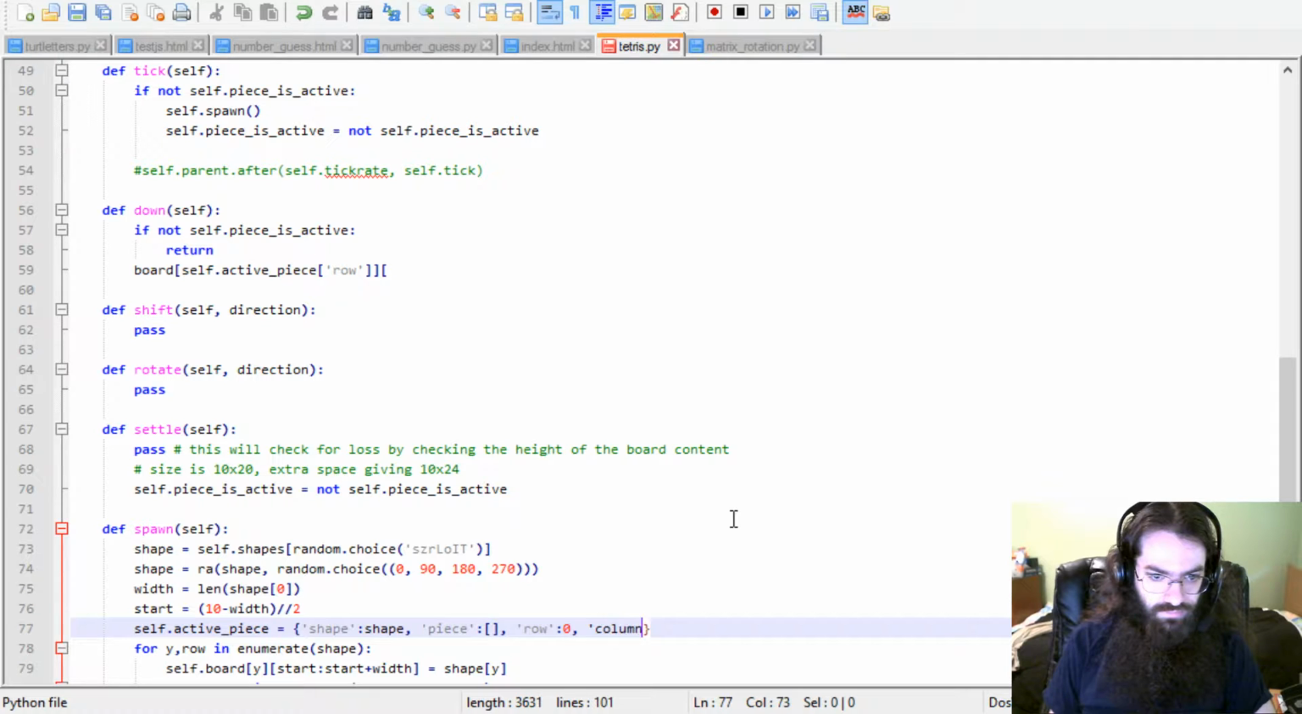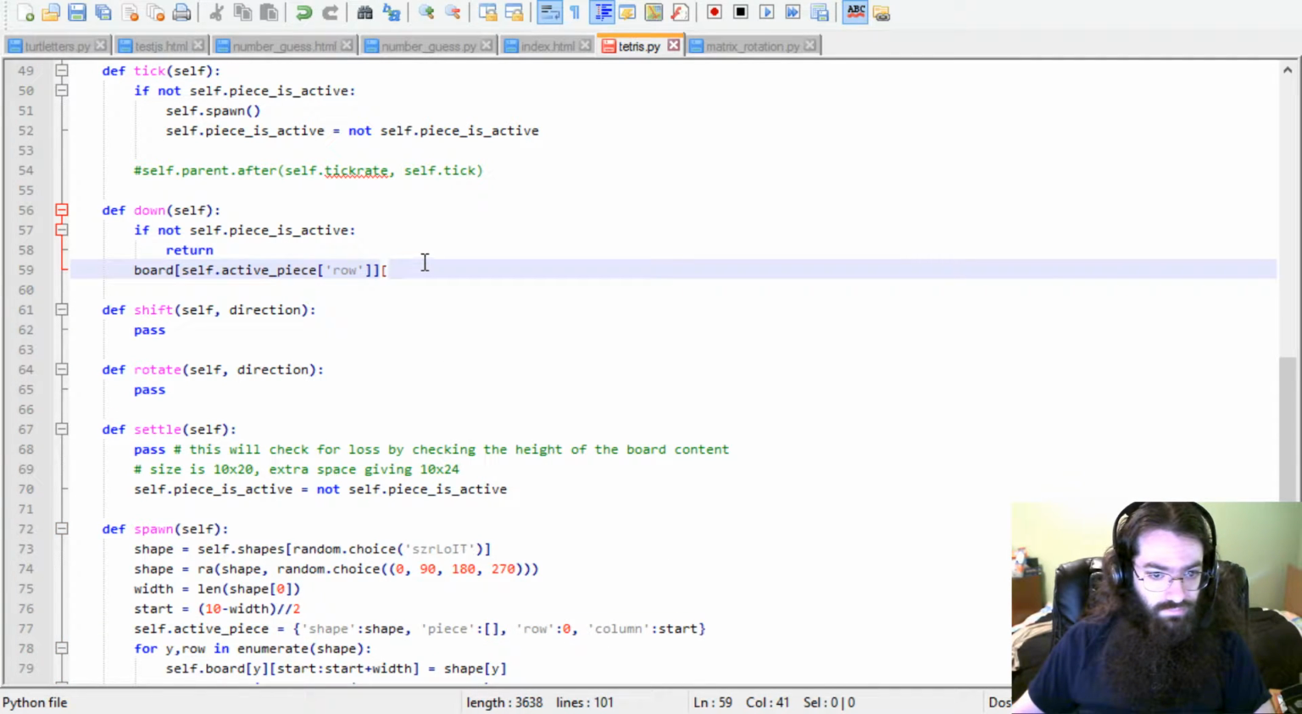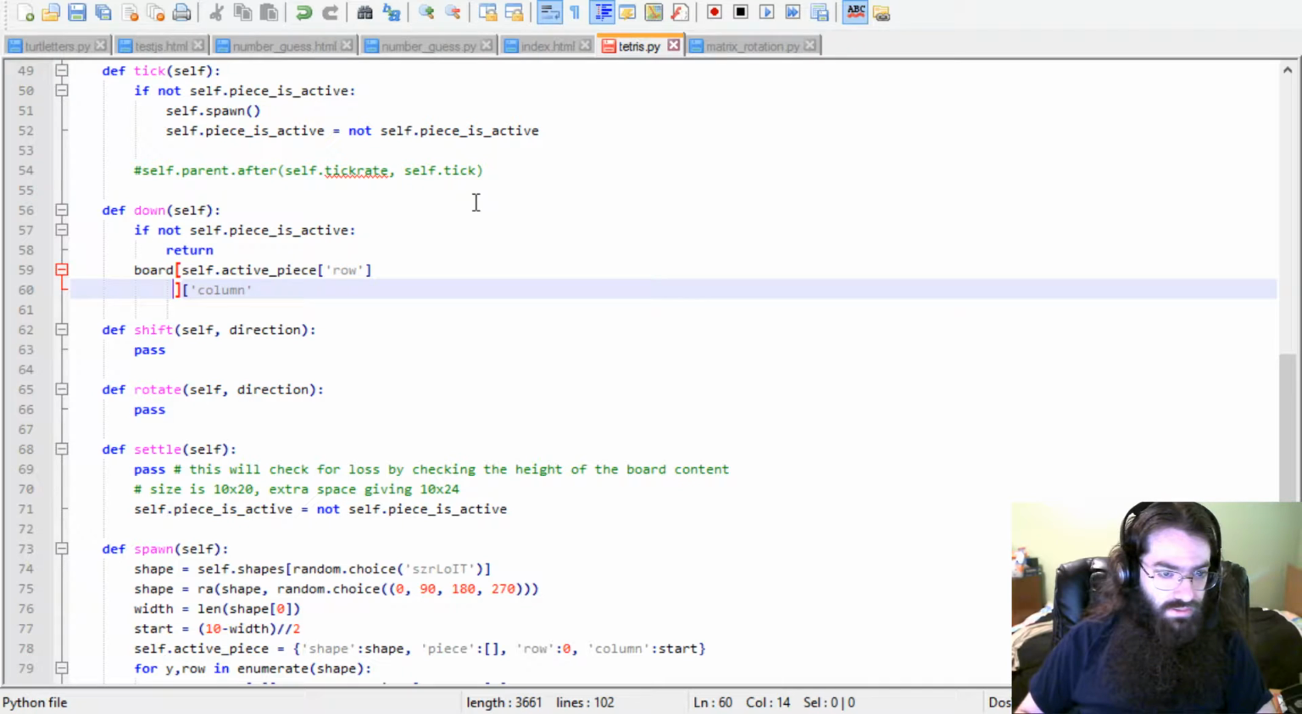column is start. Row, column, no. Board self.active piece row, self.active piece column to the active piece's first row's length. Active piece column plus